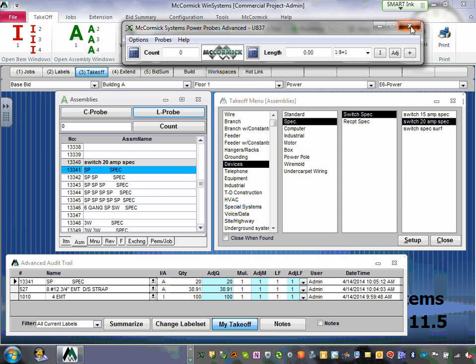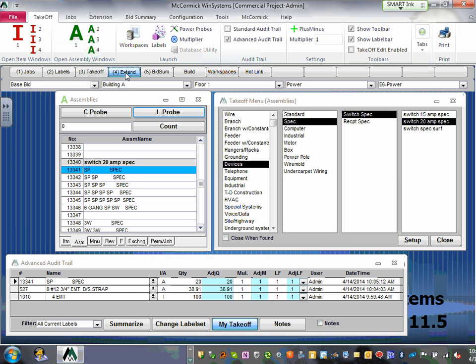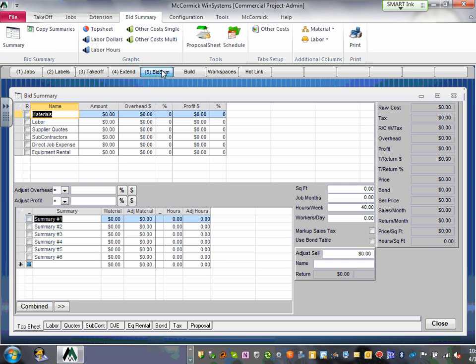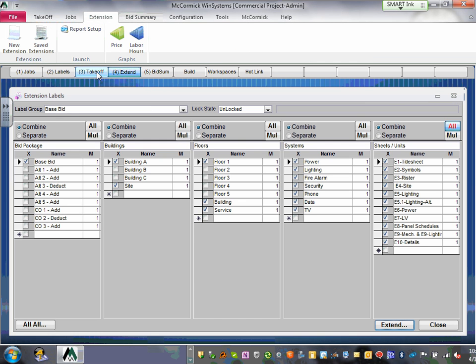What I didn't show you guys is the extension here and the bid summary. Don't worry about this, what's coming. But now, like I said, 90% of your time is going to be